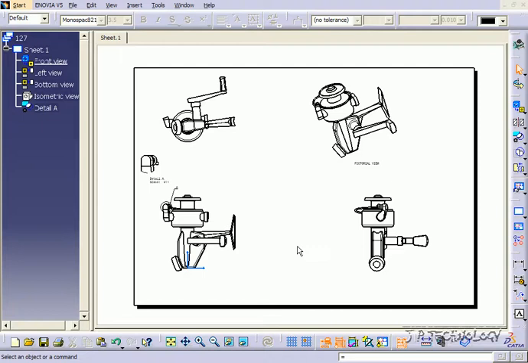This is tutorial number 133 and it covers anchor points within CATIA V5. To start off, open up tutorial part number 127, which is located on the DVD. Now what we're going to do is go over anchor points, and what these do is that